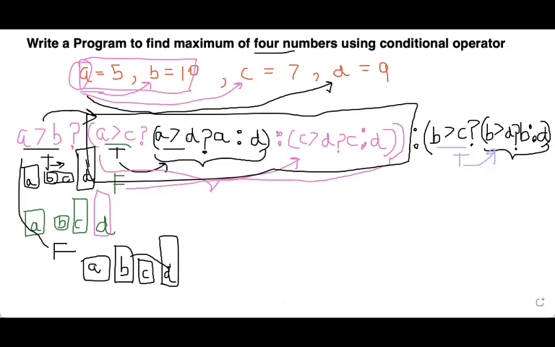Okay. Now what if this condition is false? Now if this condition is false, it means C is greater than B, right? Now if C is greater than B, I need to check C with D only. So after this question mark, I'm continuing over here after the bracket. You will write the colon. You will check, is C greater than D? Because C is greater than A and B, so we are going to check it with D, question mark. If it is true, I'm going to print C, else I'm going to print D, right?